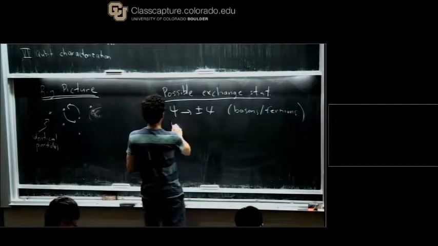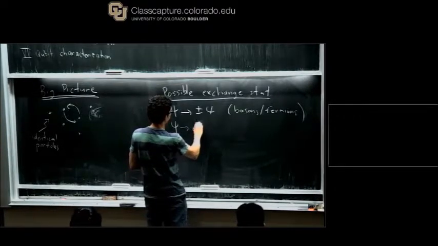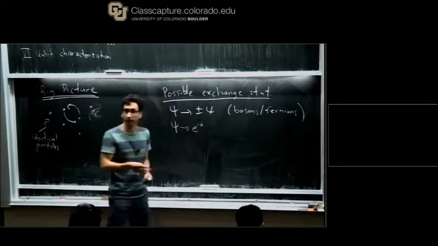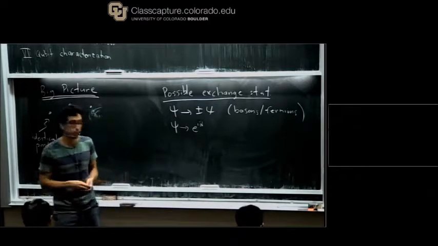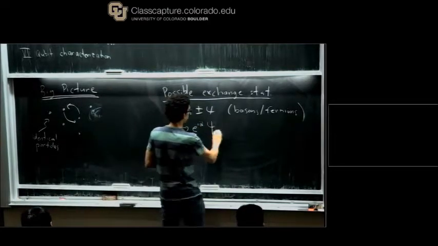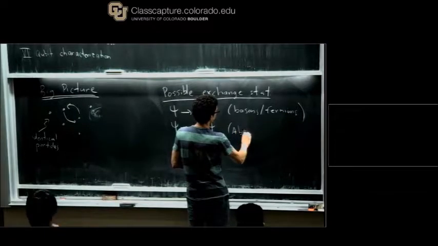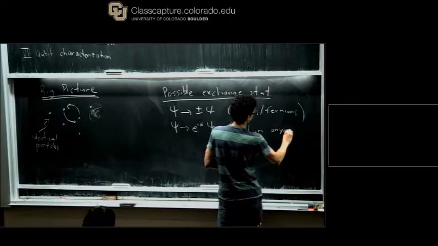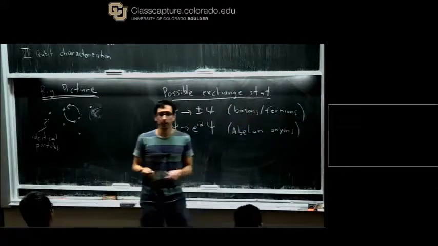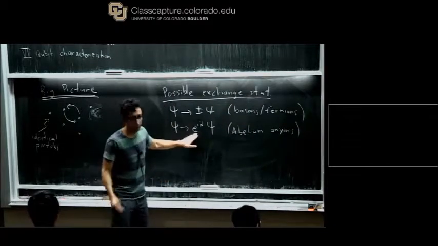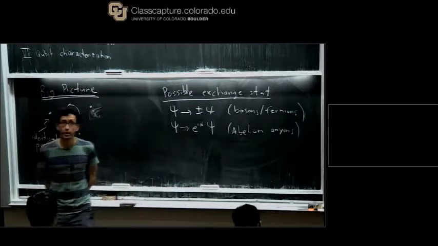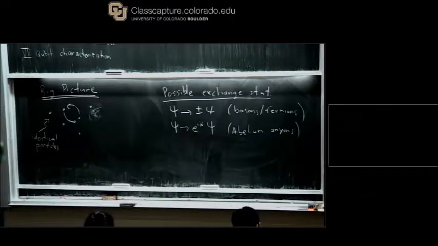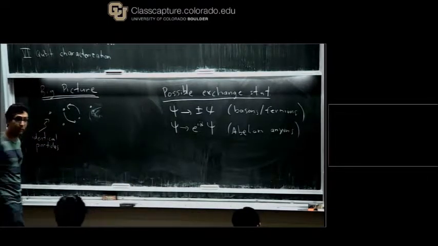If you exchange 2 abelian anyons, then your wave function acquires a complex phase factor e to the i alpha, which is intermediate between plus or minus 1. We call these abelian basically because sequential exchanges commute. Order doesn't matter because you're just acquiring a phase factor for each individual exchange. So I'm going to be interested in the more exotic kind of anyons, so-called non-abelian anyons,